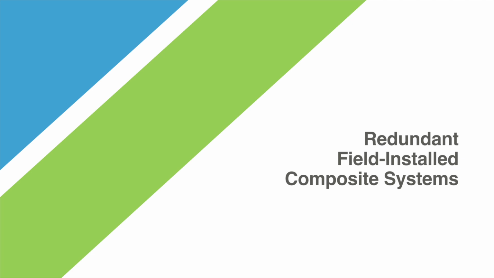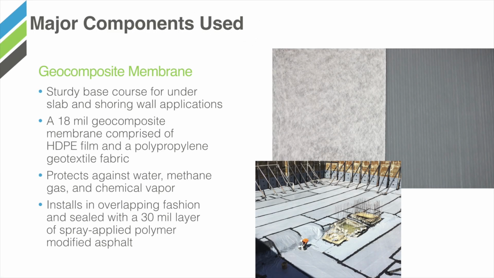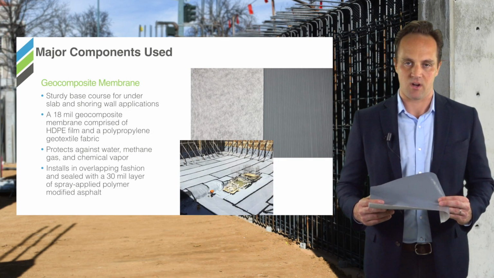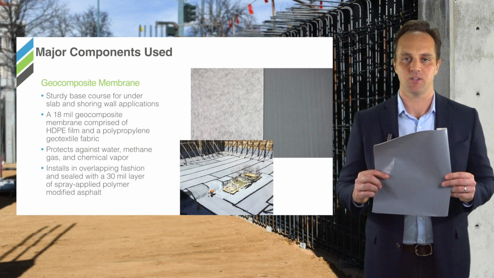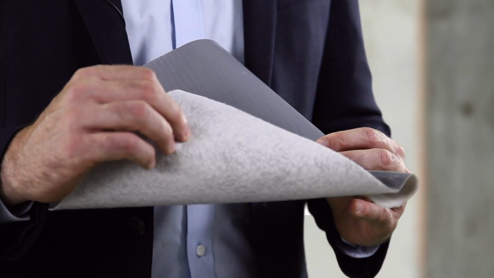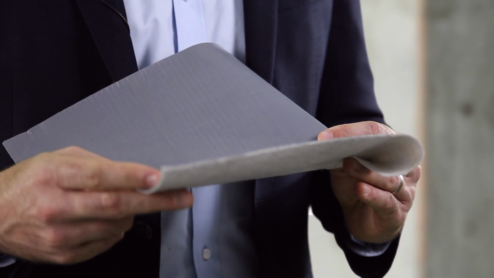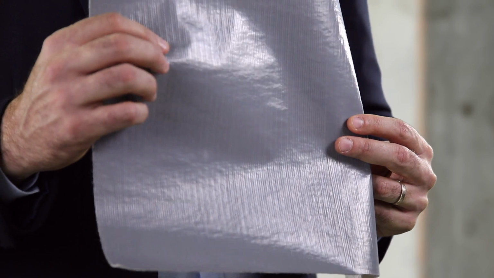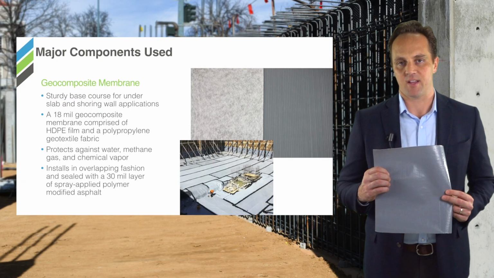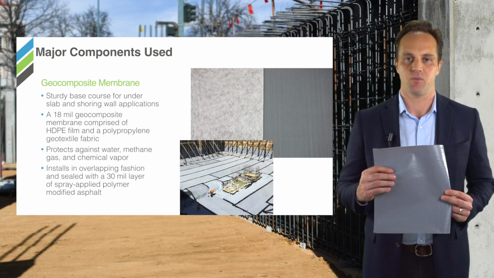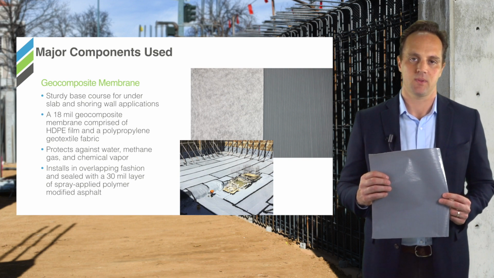Now we're going to look at the materials used when constructing a redundant field-installed composite system. The first material being used is a geocomposite membrane. A geocomposite membrane can serve multiple purposes in a composite system. When used as a base course on an underslab or in a vertical wall application, the geotextile side acts as a protection course against this underlying substrate. The HDPE membrane on top